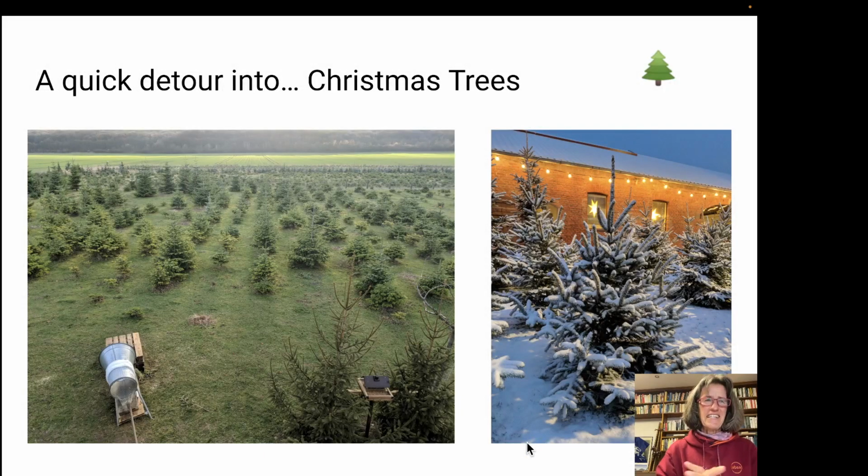I'll explain in a second what I do, but before that I have to do a tiny little detour here. I have worked in IT all my life, but the rest of my family are farmers, and they farm in northern Germany. They farm cereal and sugar beets mostly, but they also grow Christmas trees. These are actually pictures from their farm. In December, my family runs a pop-up shop on our farm where customers come, walk through the plantation, pick out a tree, and then we cut the tree for them.